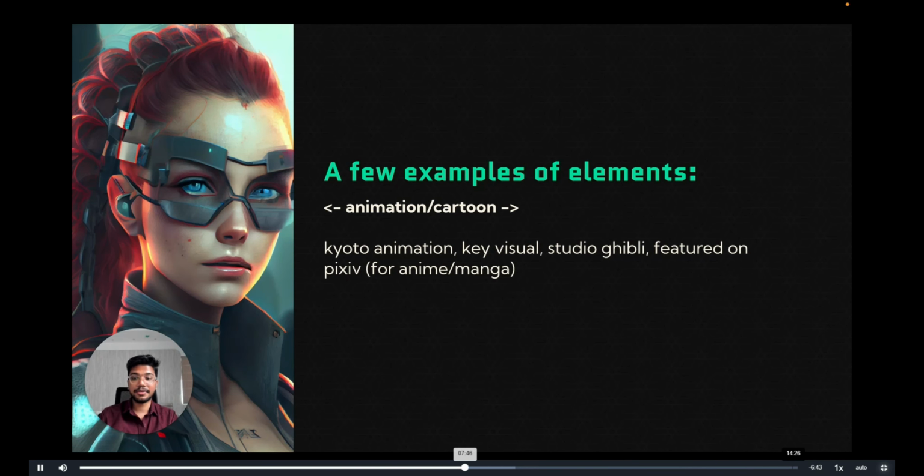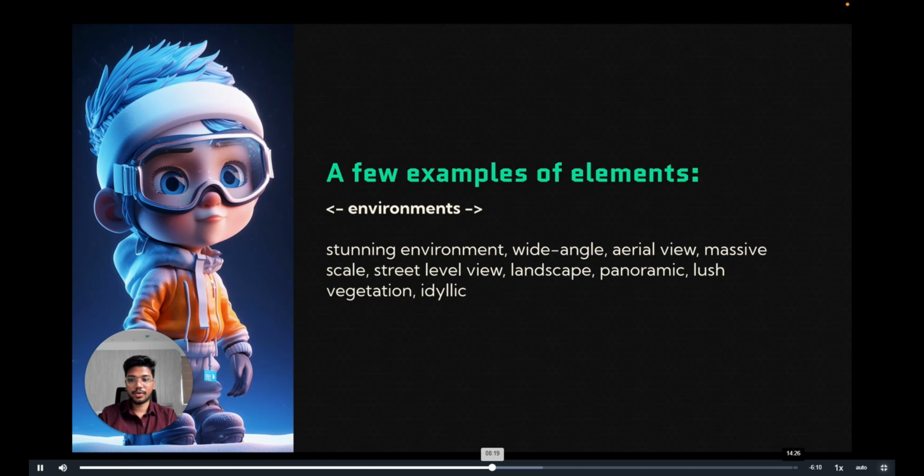If you need an animation or cartoon, Key Visual Studio will be featured for anime, Pixiv, like maybe a blog or something, for anime or manga, and these are the basic keywords you could use. Apart from this, there is a setting called Niji, which gives you a separate anime kind of look, so you can maybe try that also, like it can give you better results than default settings, right? For environments, you can say stunning environment, wide angle, aerial view, massive scale, street level view, landscape, panoramic,